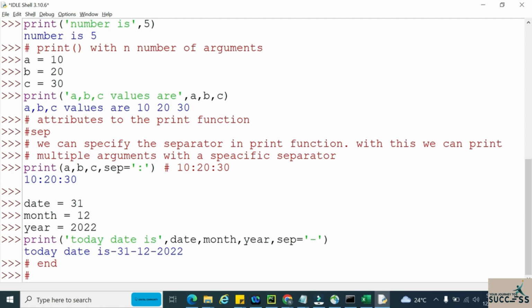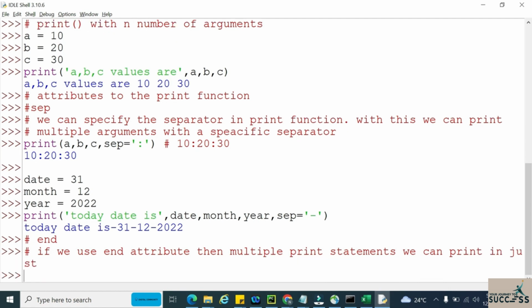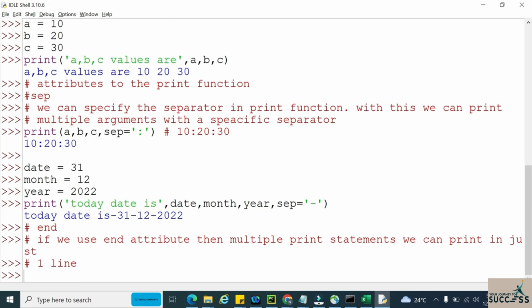If we use the end attribute, then multiple print statements we can print in just one line. How can we do that? If I am printing like this,